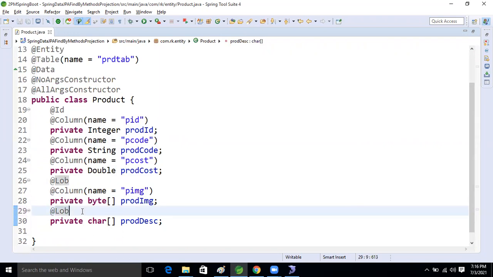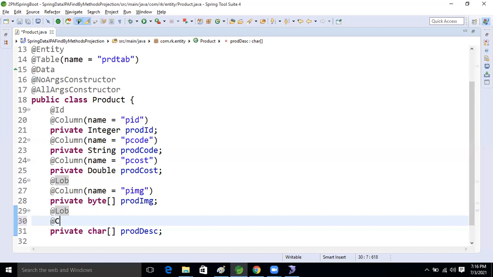Now here at the rate column, inside that we will take name equal to pDesc, right? Okay, good. So our entity class is ready now, guys.